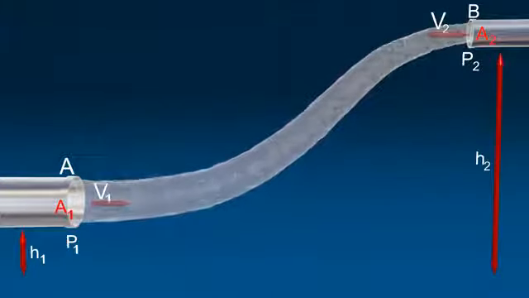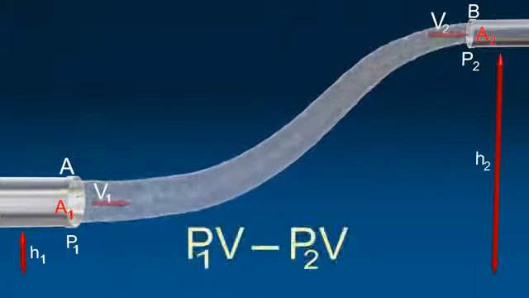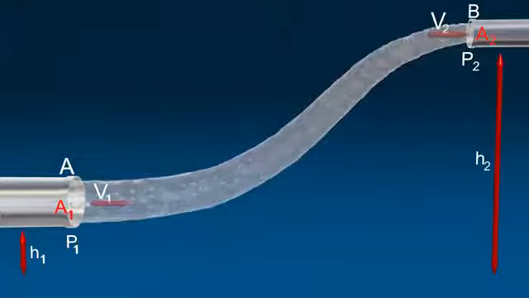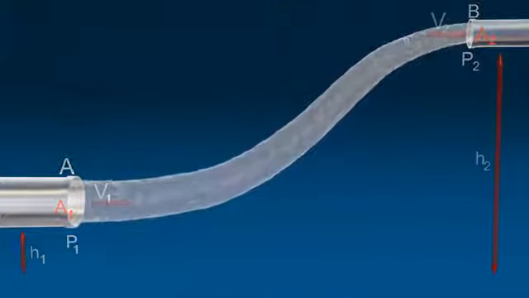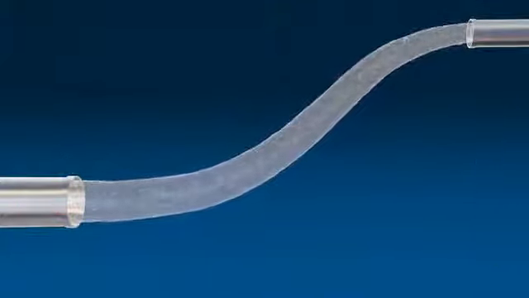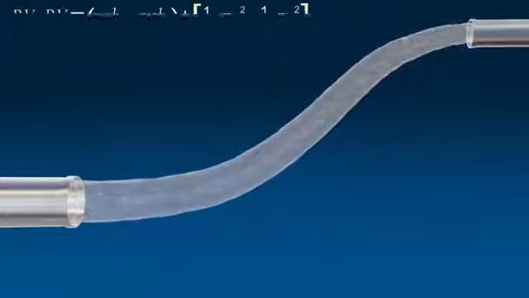Net work done equals P1V minus P2V. The net work done per second equals the increase in potential energy and kinetic energy per second from A to B. According to the law of conservation of energy,